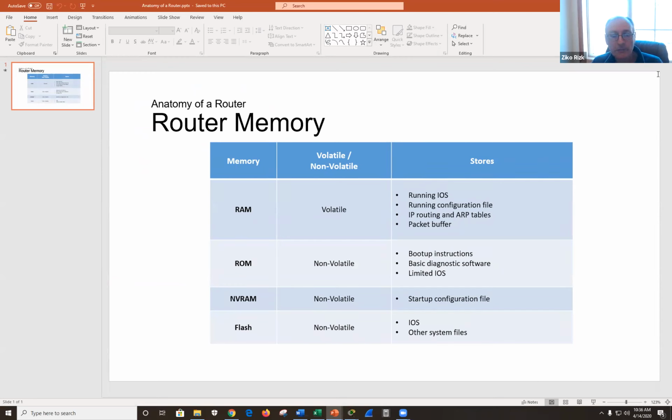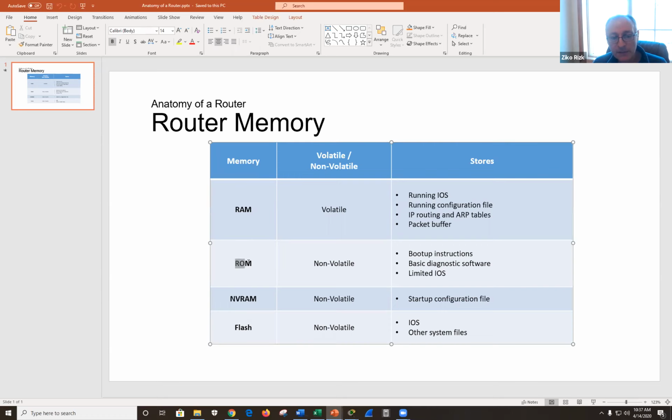It talks about memory, storage. So we have RAM, we have ROM, we have NVRAM, we have flash. We all know what RAM is. This is where the running configuration is running. This is where the IOS operating system is currently loaded into. This is where all of your dynamic tables are loaded into, your routing table, your MAC address table.